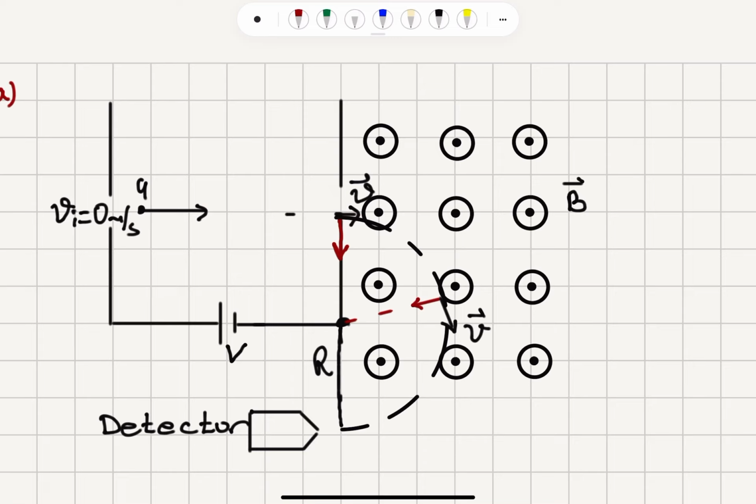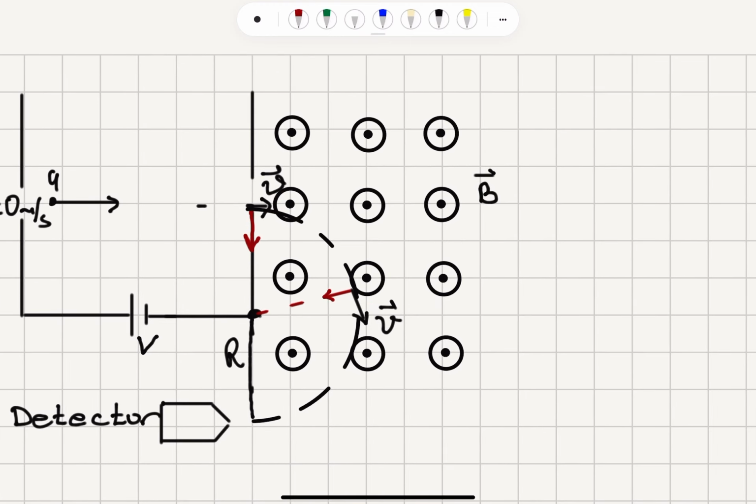There's a potential being applied. This is the positive terminal, negative terminal. So it is repelled from this side, attracted towards this side. So it gets accelerated and gains a final velocity v, then enters a region with uniform magnetic field pointing out